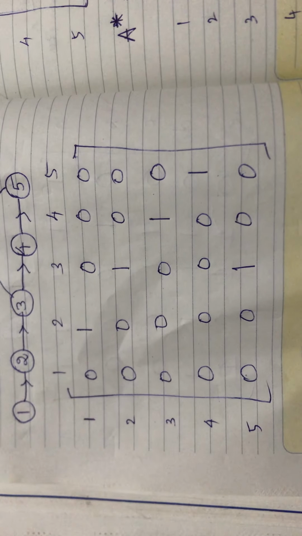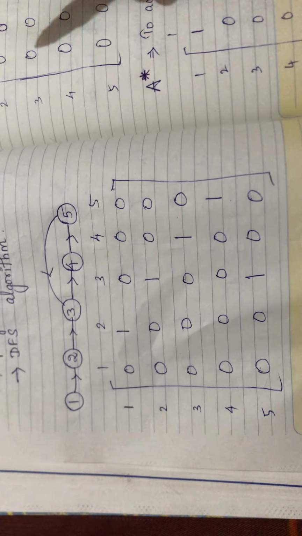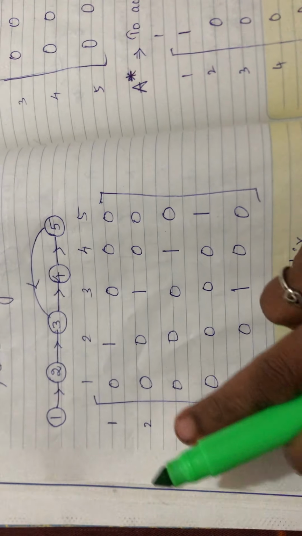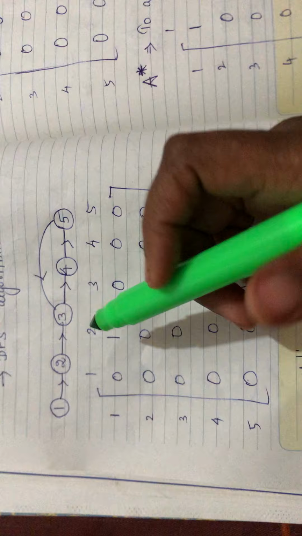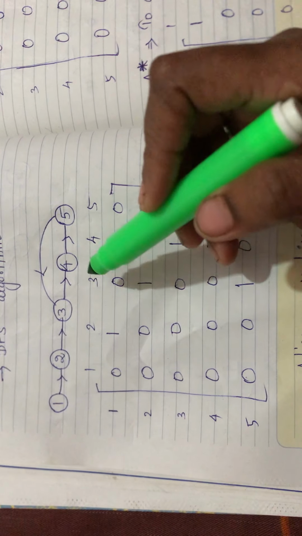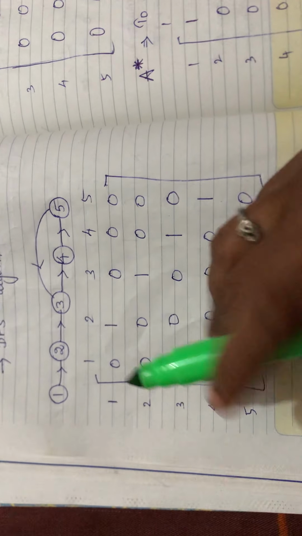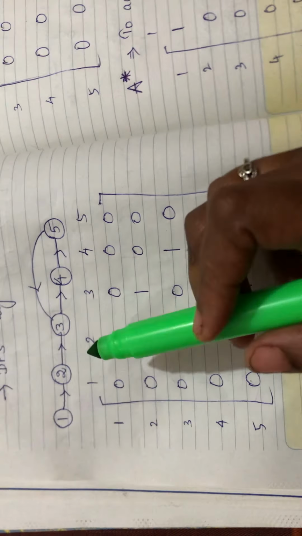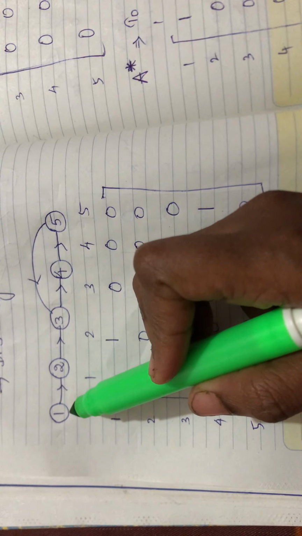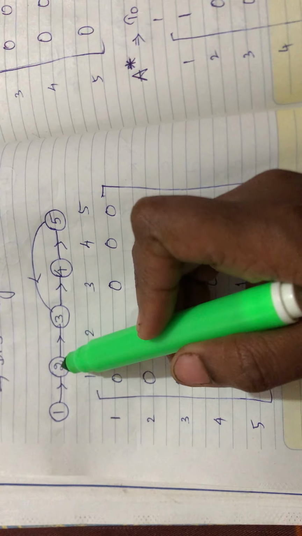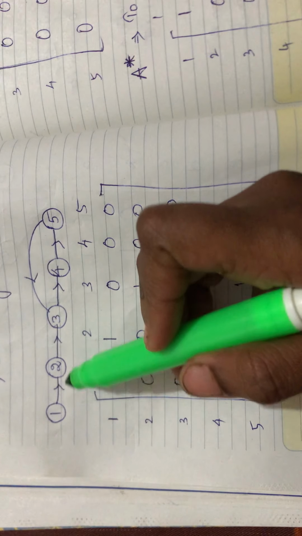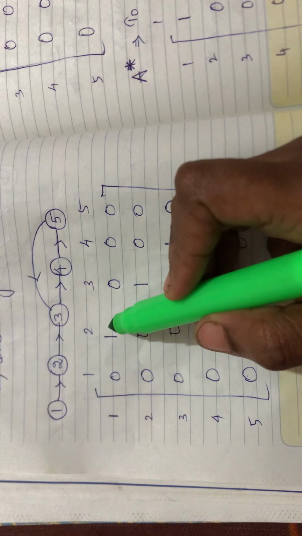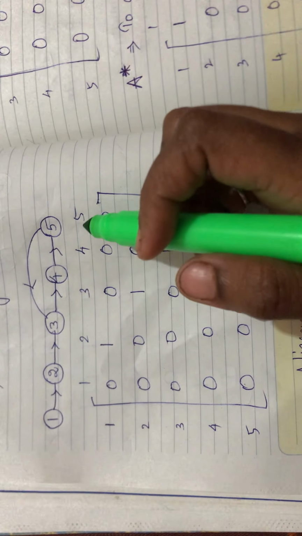First we have to calculate the adjacency matrix. Already you know about the adjacency matrix. It's nothing but representing the path from one vertex to another. Here 1 2 3 4 5 in matrix form. Then representing the path from 1 to 2, here there is a direct path, so we put 1. Likewise all the remaining entries are 0.